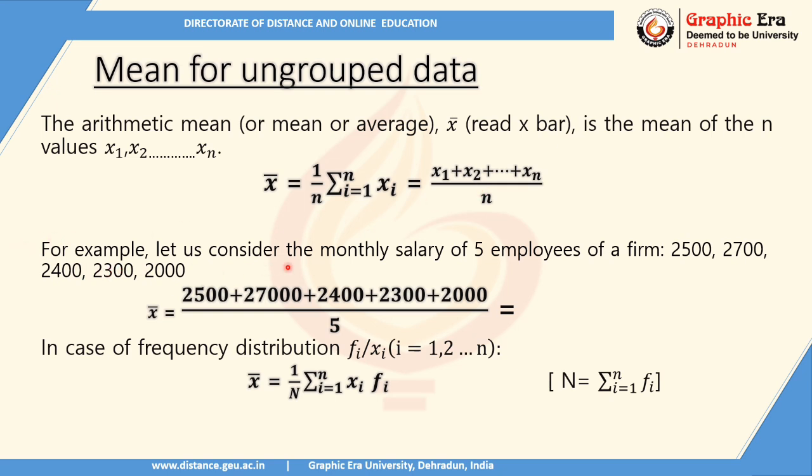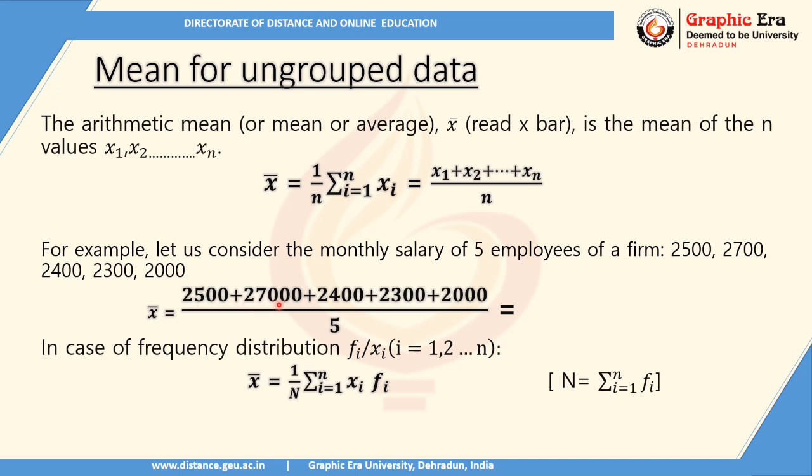For example, if we consider the monthly salary of 5 employees of a firm: 2500, 2700, 2400, 2300 and 2000. This is an example from a very early time when the value of 1 rupee was very high. So if we want to find the average income of these 5 employees, then how do we get the sum of all the observations upon the number of observations? So the number of observations is 5. So sum of all observations, that is this sigma xi,